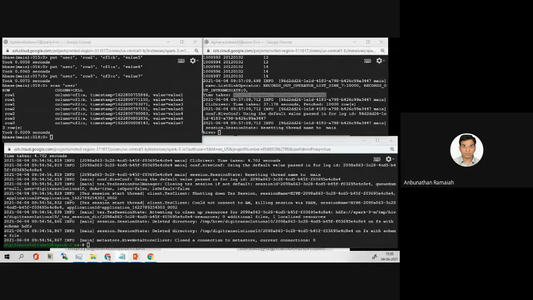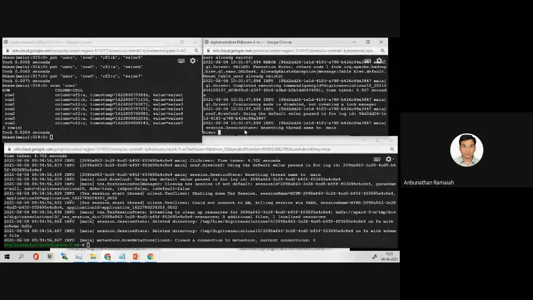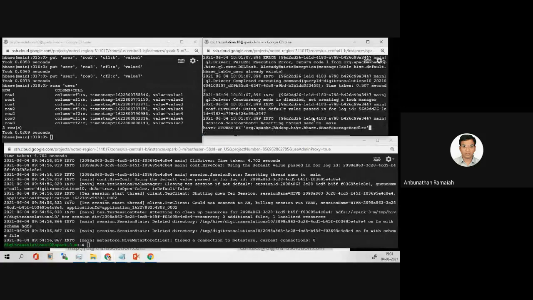Now what we'll do, in the Hive environment, we'll create one more Hive table. Directly, not using the script, just in the command line. So just if you see the previous command, create one external table.